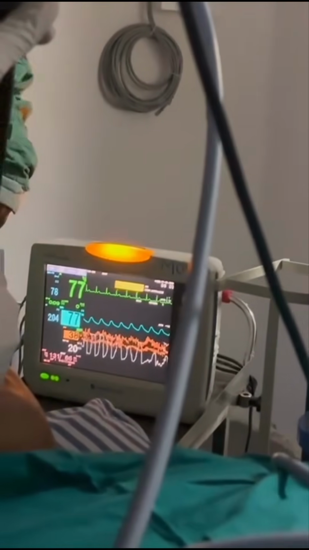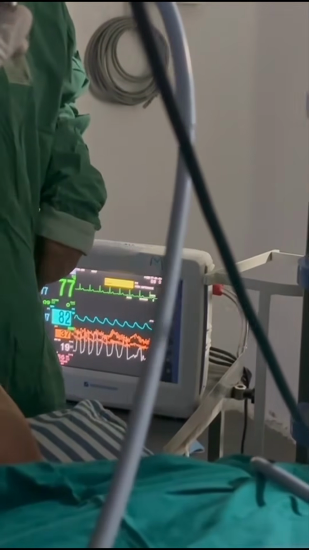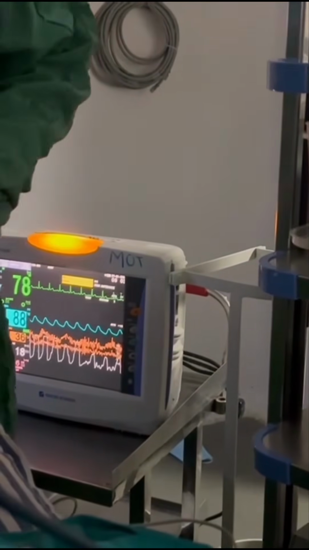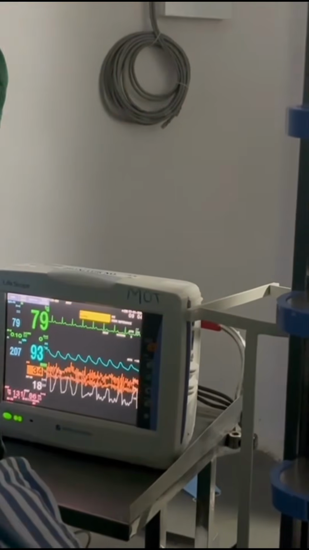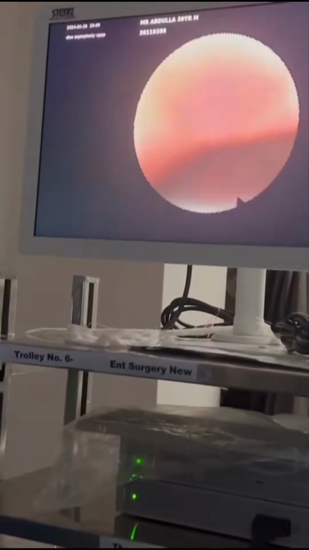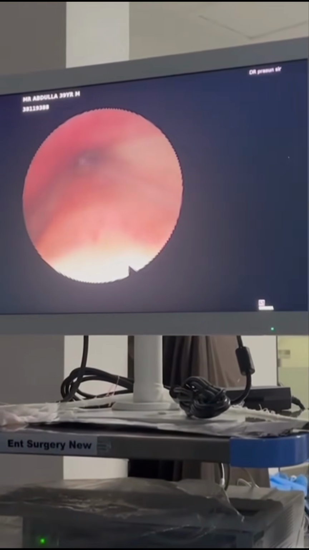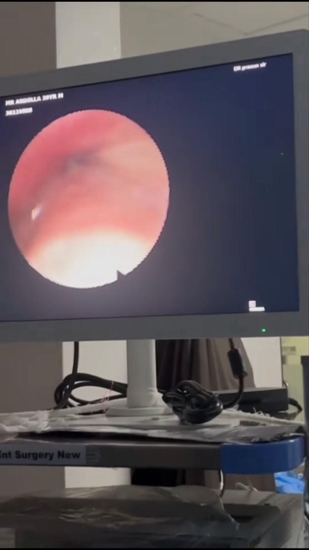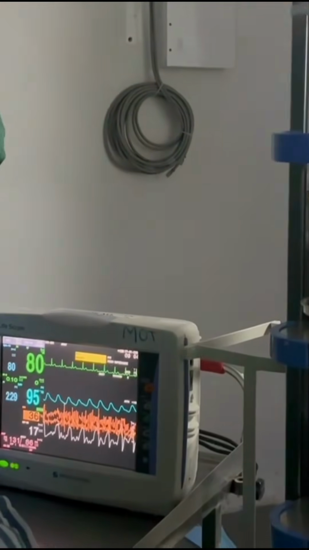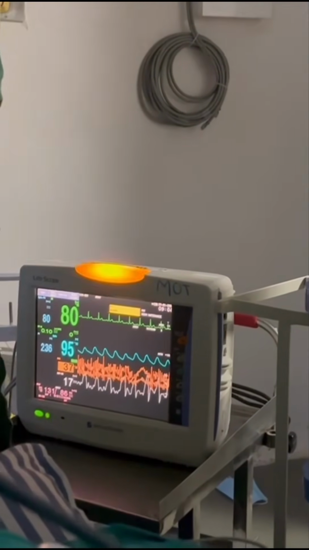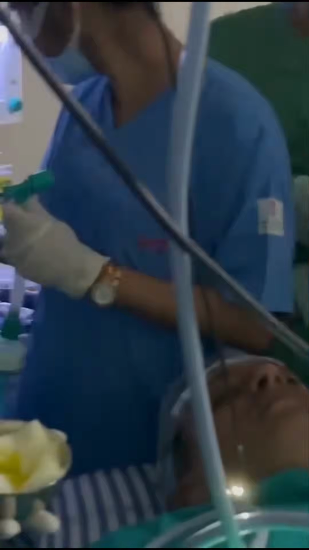You can see oxygen coming down, and BIS level we need to keep a little bit till 40 or 50. Again, he is into apneic phase. We can see the complete collapse of the airway. So we are done. So at this, we can take over.